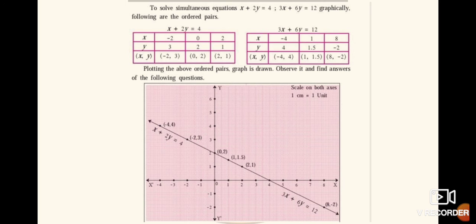Here, what about the solution then? Yes, (-4, 4), (-2, 3) and so on, means every point, not only those 6 points, but every point present on the line will become the solution of those two simultaneous equations. Means these two simultaneous equations will have infinitely many solutions. In this way, today we have learnt about 3 types of graphs.